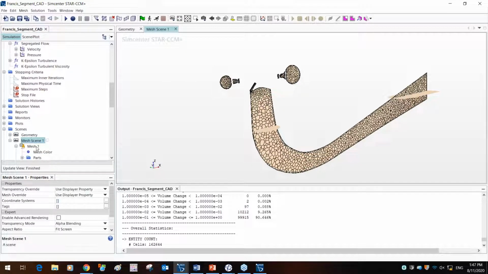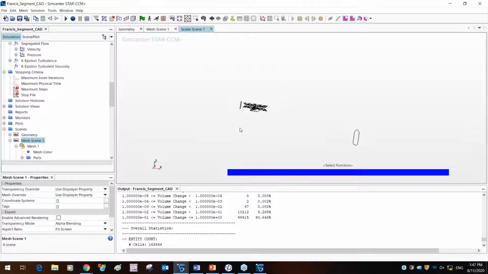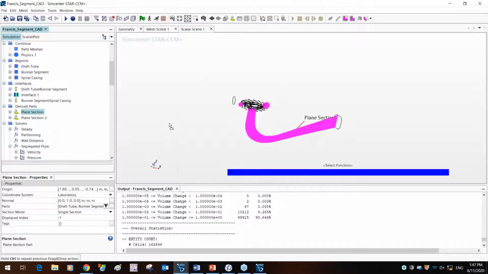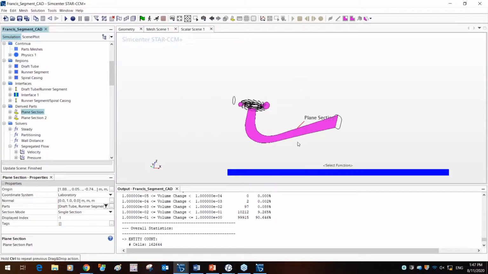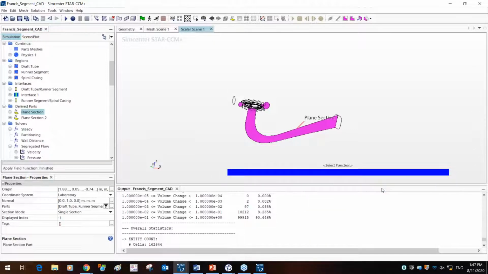Now we've talked about scenes in terms of geometry and mesh, but you can also create scalar scenes. And in this case, we can just take that plane section, drop it out here, create a scalar as well as the outline feature. And in terms of field function, just right click and you have all the field functions available. So we can hit velocity and magnitude.